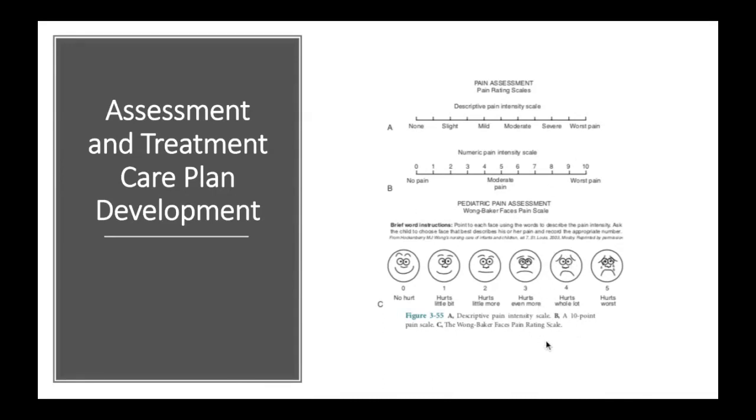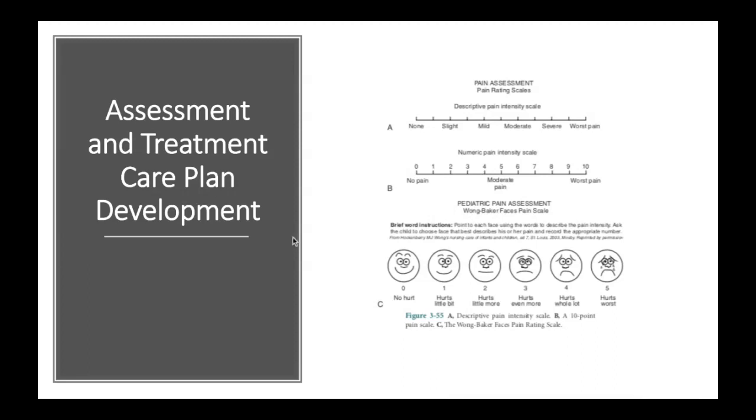And then B is a 10-point pain scale, with 0 being no pain, 5 being moderate pain, and 10 being worst. And then here, C is the Wong-Baker Faces pain rating scale. So this is stuff that you can use in pediatrics, or if you have somebody that doesn't really know what a 5 feels like or an 8 feels like on the pain scale. You can say, hey, here's some faces. This is no hurt, which is 0. 5 hurts worst. Number 2 hurts a little more. And so you can use any of these three scales to